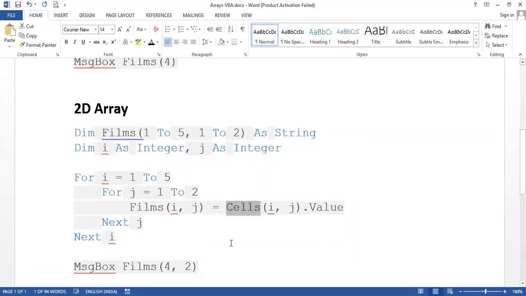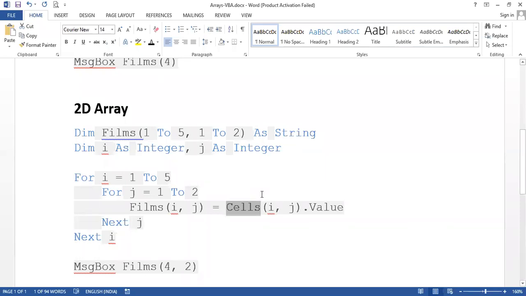Sorry, in your Excel sheet we have 5 rows, starting from A1: A1, A2, A3, A4, A5, and columns are 2, that is A and B columns.